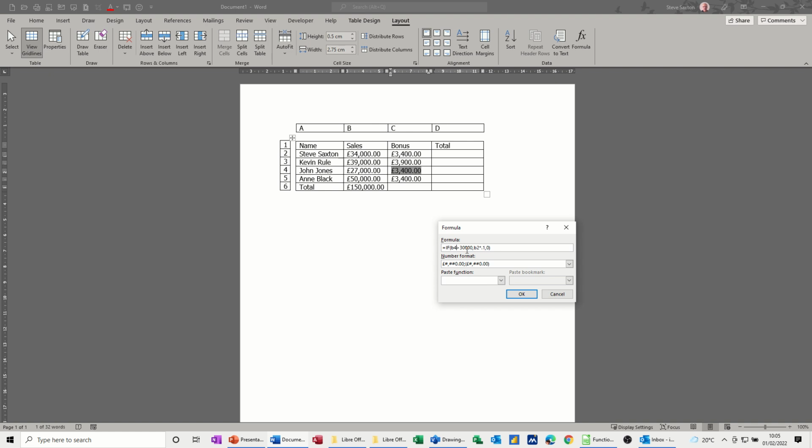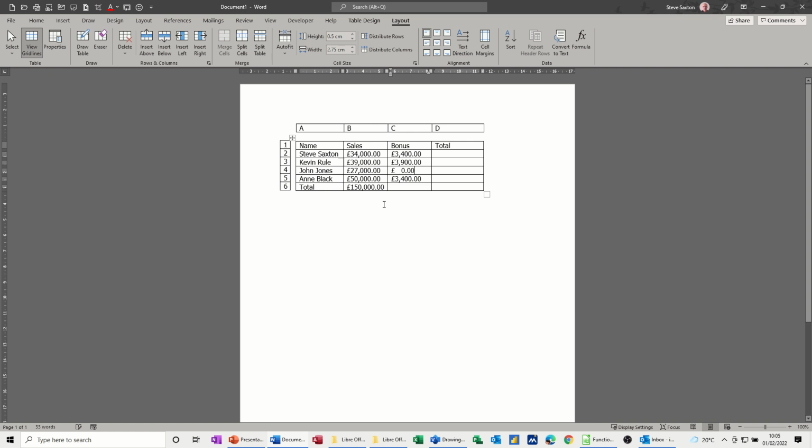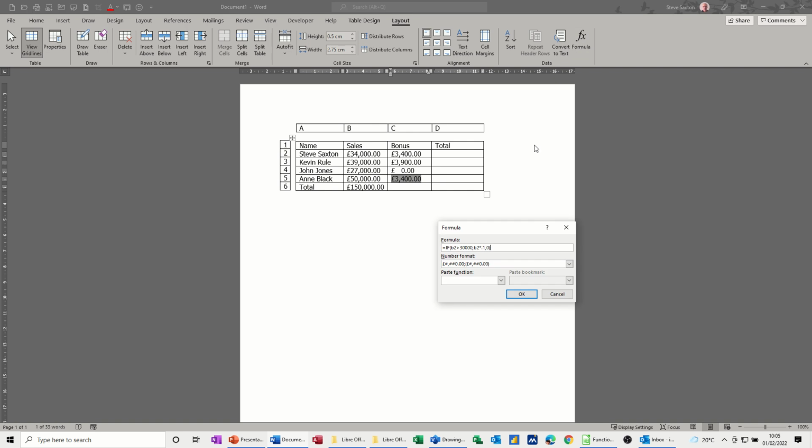Delete that one off, B4, and that needs to be B4 as well. Delete B4. Okay, something went wrong there. Let's go back into that. Oh no, that's correct. Actually, it's less than 30,000. So if it's less than 30,000, they don't get a bonus. So that is correct. And then the last one, I'd want that to be B5, so change that to B5,